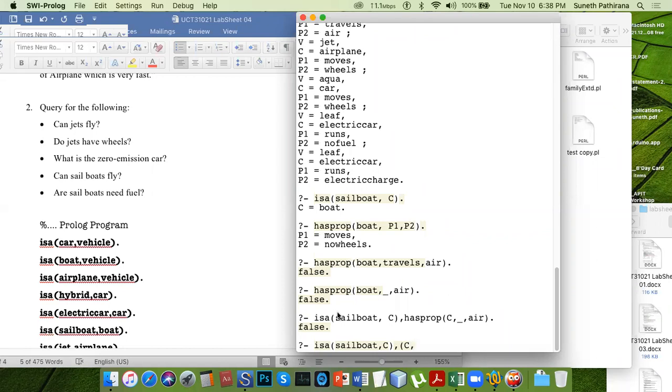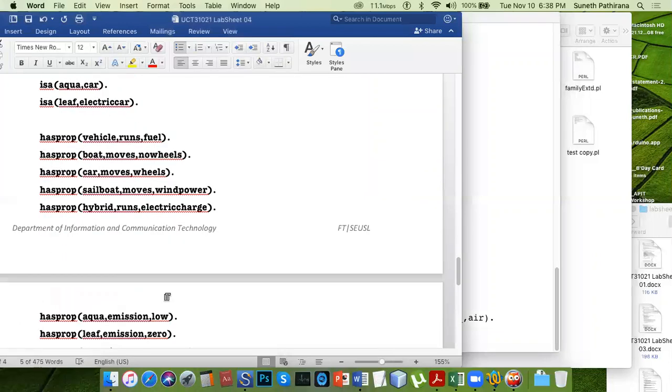If you get confused, I put that as it is. Let's put capital B. Then what we need to check is whether it needs fuel.